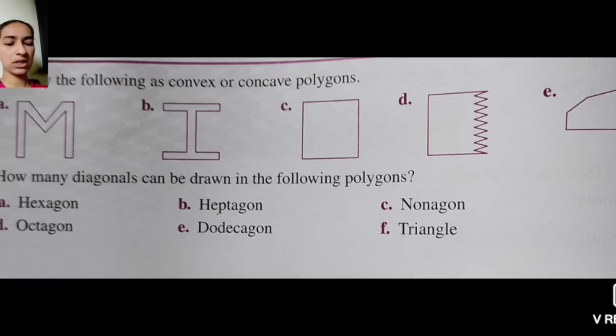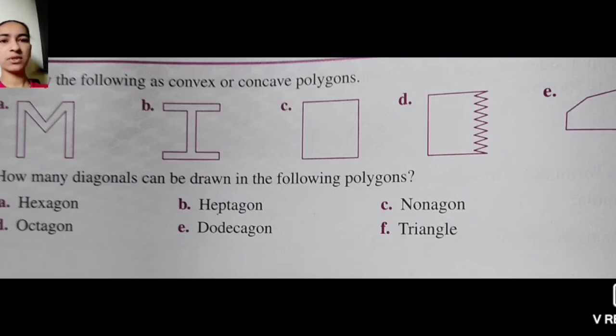Yes, the convex and concave polygon. Tell me the definition of convex and concave polygon. Yes students, the convex polygon is... in a concave polygon at least one angle is greater than 180. Yes, it is the definition of concave or convex.